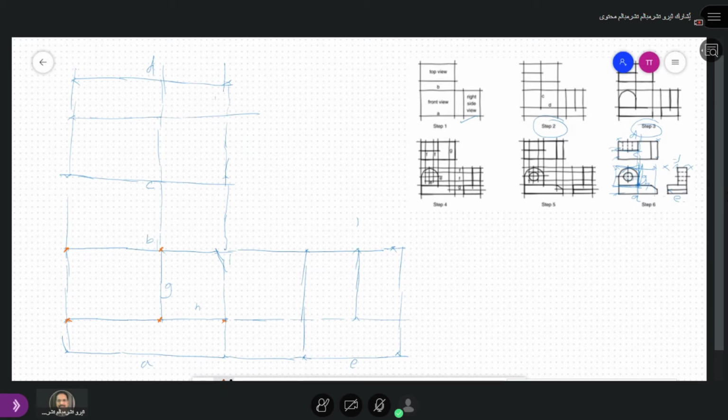All right, so now among these four, I have to draw the center point. This is the center point, and then I have to make this circle first. So what I do, I will make another square. This square is for the circle. So I make this square here. This square has one point,